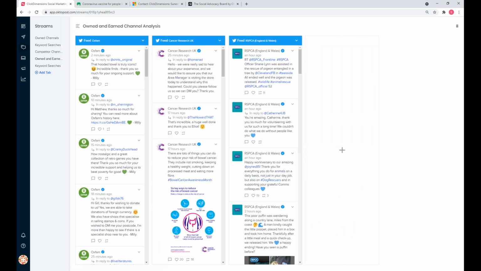But reasons why you should socially listen: social listening gives you opportunities, right, to engage with your customers, your followers, about your brand and any campaigns that you are running. You can track other charities as well, so we can understand, okay, what are the RSPCA doing? What are Cancer Research doing? What are Oxfam doing on social media? What can we learn from these guys? What are they doing that we like? What are they doing that we're not doing that we can do? We can start to listen to our audience as well to find any pain points. We can discover new, we call them sales leads, but opportunities, right? So we can uncover new people, followers that we can begin nurturing. And we can start to identify influencers and brand advocates as well.